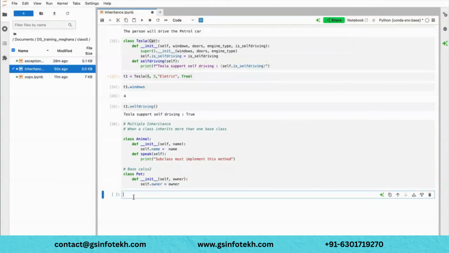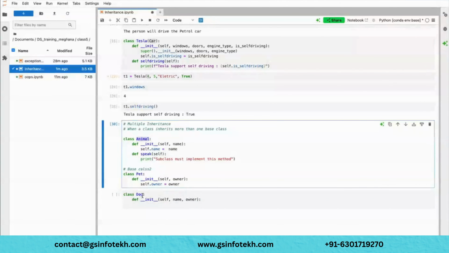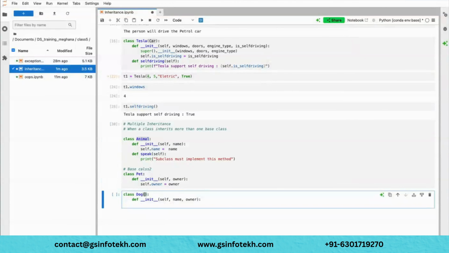But I'm utilizing a new project. Let's say I have a new class called Dog, and I just want to get the name of the animal and who the owner is. So you just need to initialize here self, name, owner. But those things are already initialized by other classes, so you can just inherit those. You know how to inherit one single class: just put that class name inside the parentheses. You can also put a comma and do multiple inheritance. See, I'm able to do multiple inheritance.